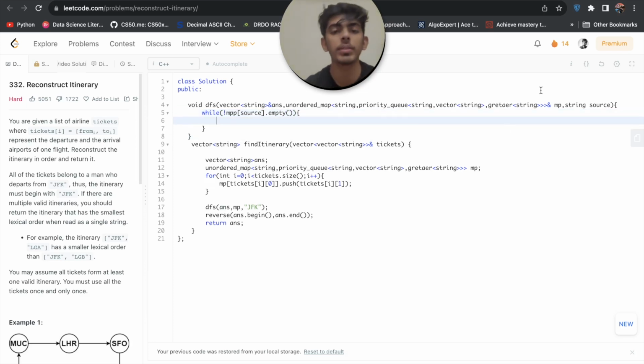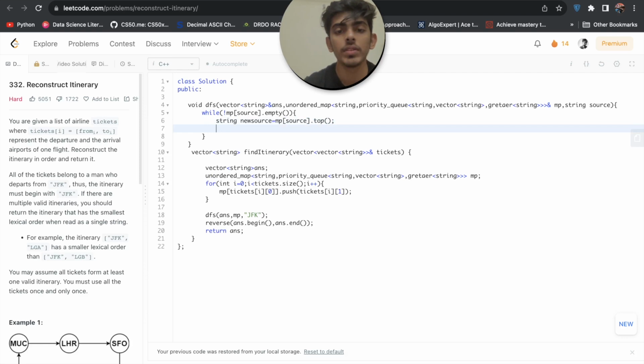If it is not empty, then we will simply make a new source equals mp of source dot top.